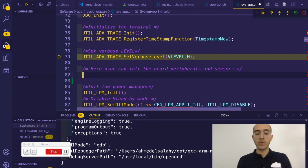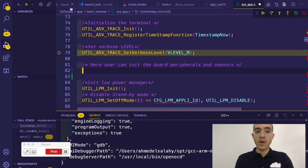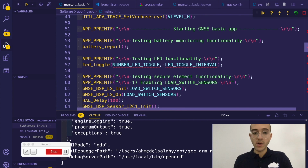So what we want to do is, for example, initialize the LEDs. So this application doesn't have any LEDs in it. So a good way to do that is basically jumping to the basic application and seeing how we do that there. It's really simple. We find that there's an application function called LED toggle. If we actually jump to that